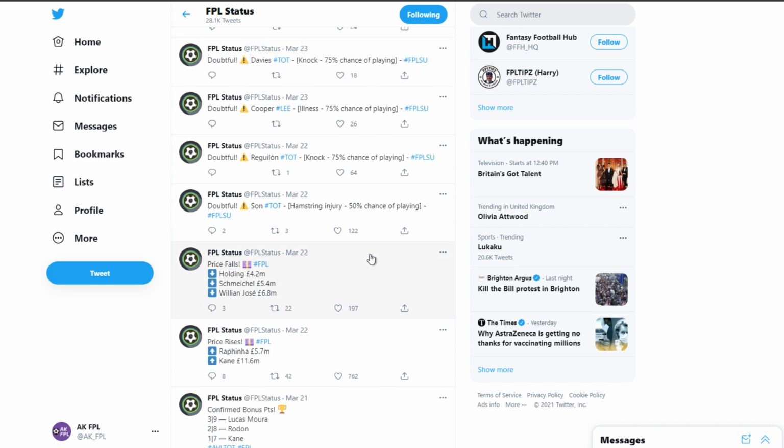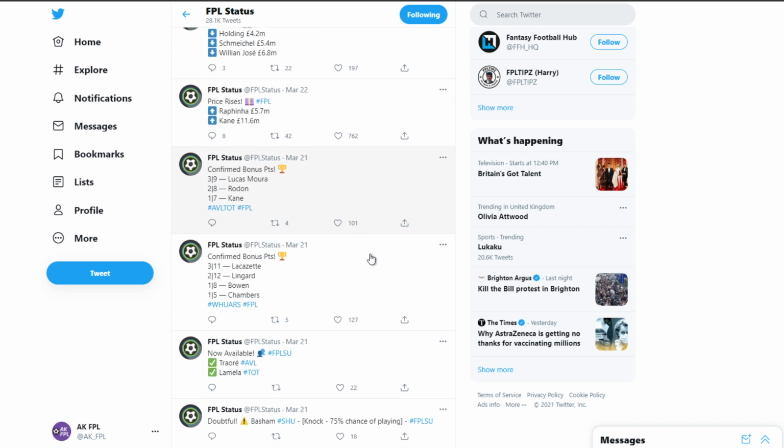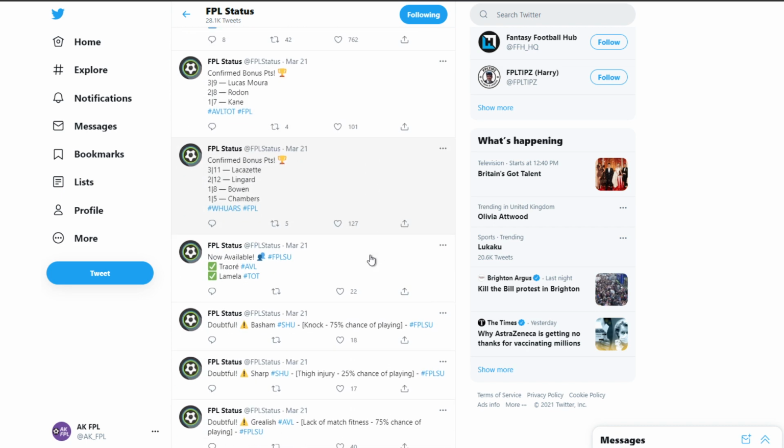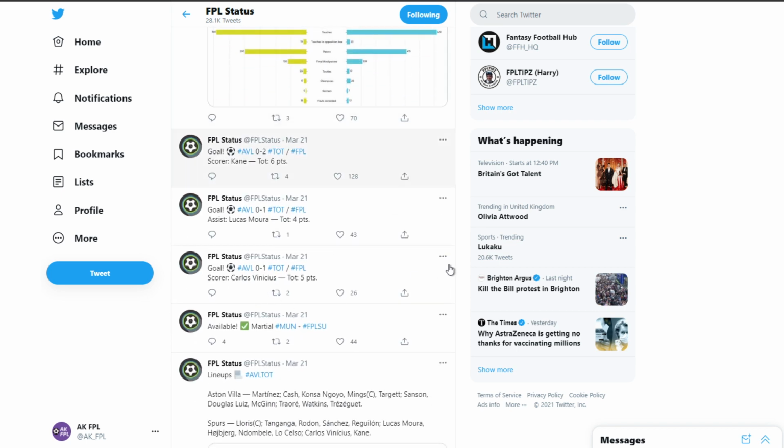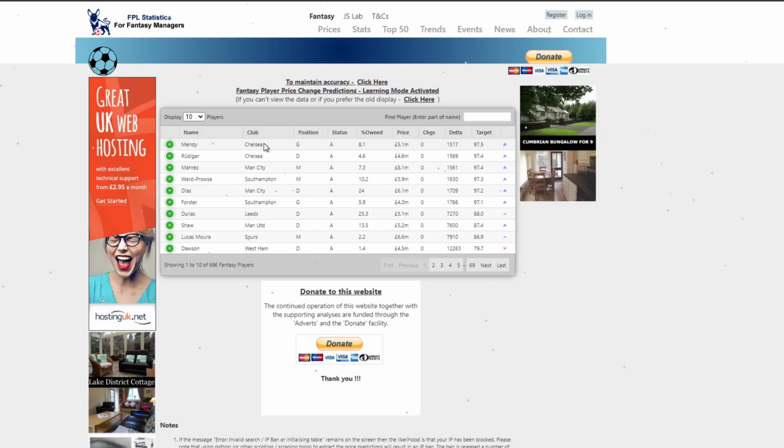So when there's a goal that happens in real time, it usually shows up straight away on FPL Status. So it tells you, for example, who scored, who got the assist. So FPL Status, great resource to follow. That's number 7 on our list. Number 8 on our list is